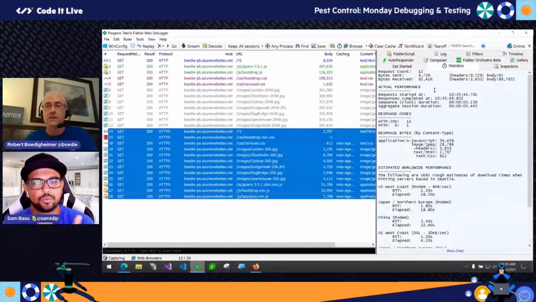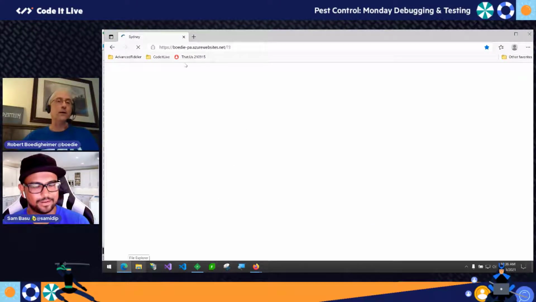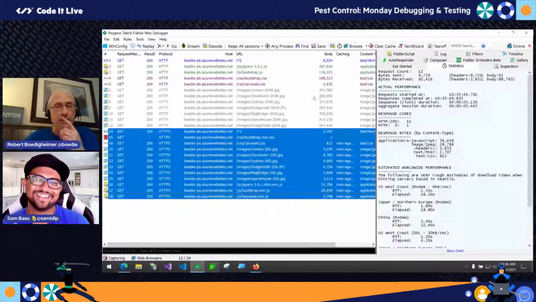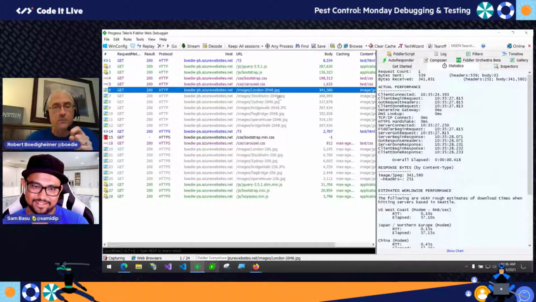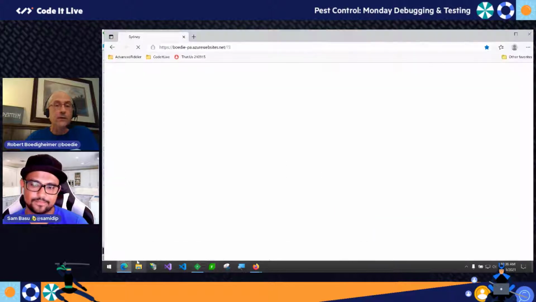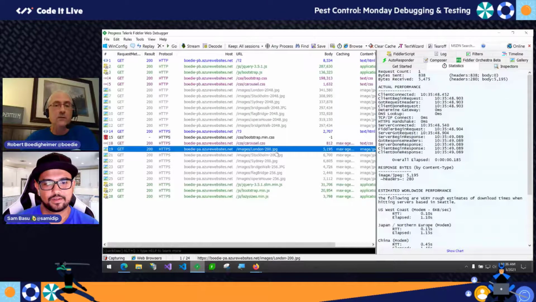But so when you say before and after, what did you change? Lots of stuff. I've got a whole talk on perf on that, but you can see some of the differences. I optimized my images. I'll talk about image optimization, but taking a JPEG, and if you notice, these are all 2048 wide. They weren't using responsive techniques. So they weren't using source set, for instance. You can see that my London one here, I just have to pick an image. I picked the big one that I might need for a desktop. Here it knows that I only need it to be 200K because it's only sitting at the very top. And so why make it download the big one? So just using source set.